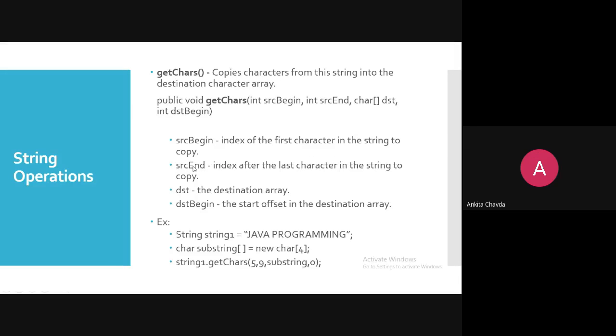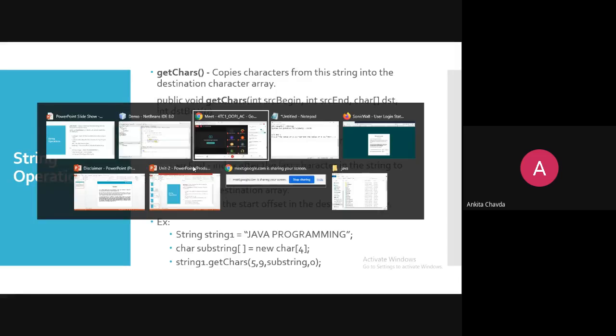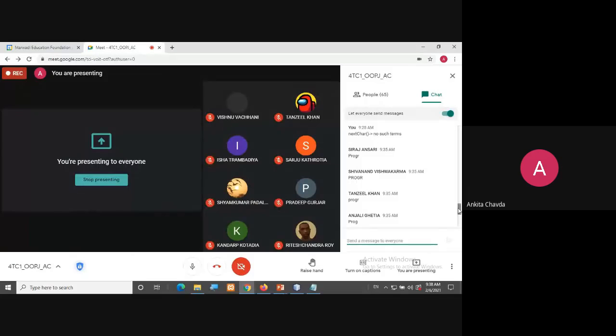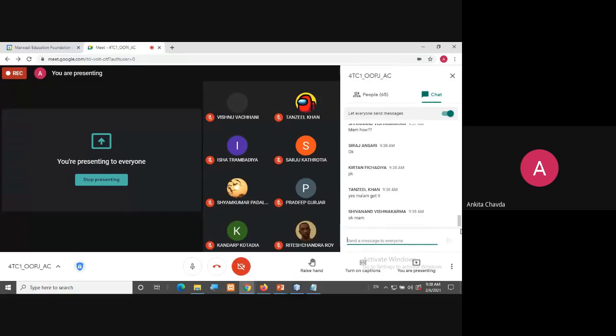Because it is already including the 5th character, we are not including the first and last characters both. Instead of that, we will take the 5th character, but we will fetch till 9, so it will take up to 8. Clear this thing? Yes or no? Yes, got it. Good.